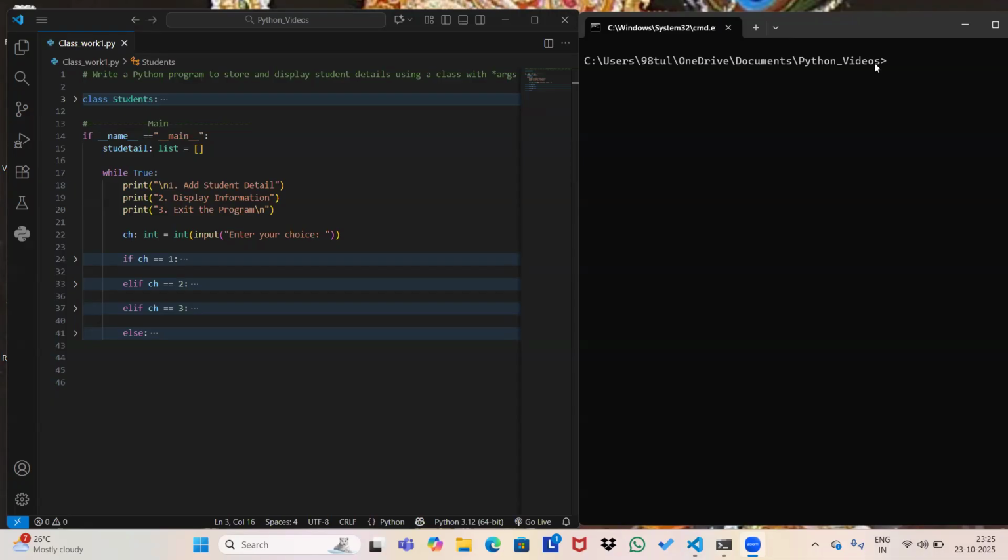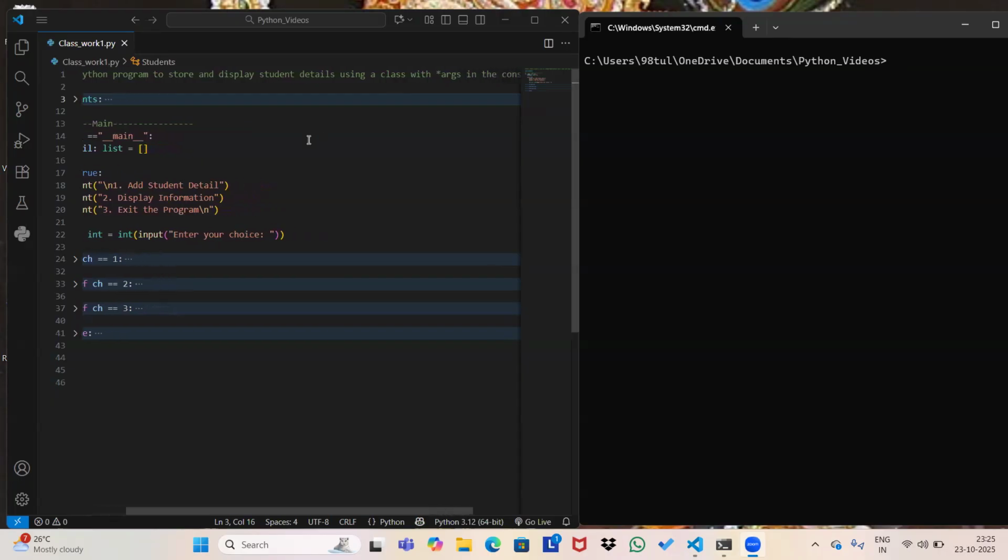So we will discuss a question. Here I have written a question: write a Python program to store and display student detail using a class with *args in the constructor. So as you can see,